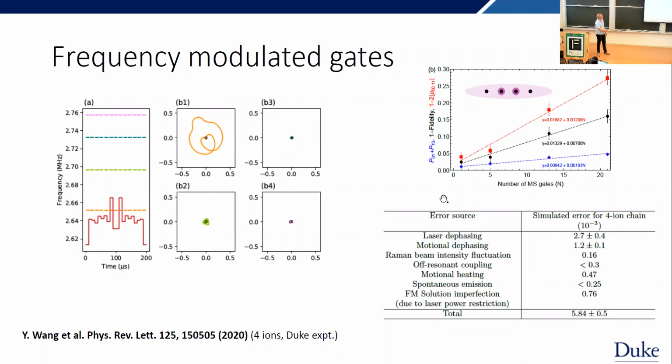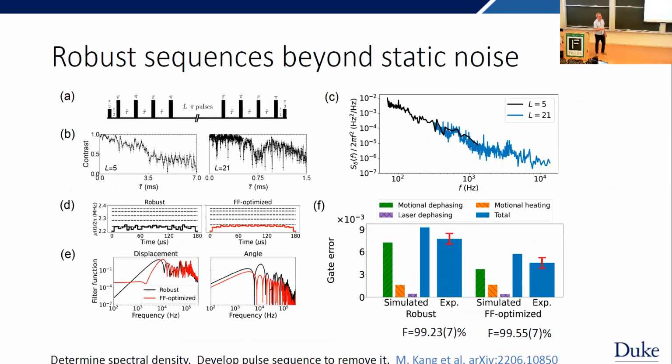So then where are our errors coming from? We can write down our error budget. We don't really worry about spontaneous emission yet. We have a little bit of imperfection in these solutions. Laser dephasing we were able to fix. And then our problem lately is motional dephasing. So the frequency of the trap is shifting a little bit, at the time scale of our characterization. So what we've done recently is my student Mingyu. So okay, first my student Mingyu did a lot of machine learning, batch optimization stuff.